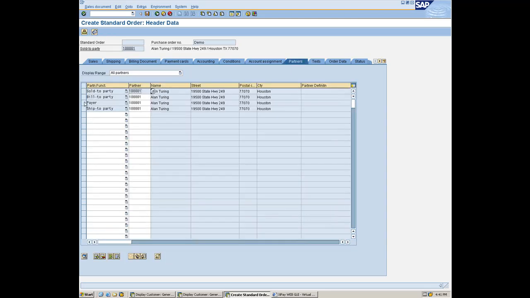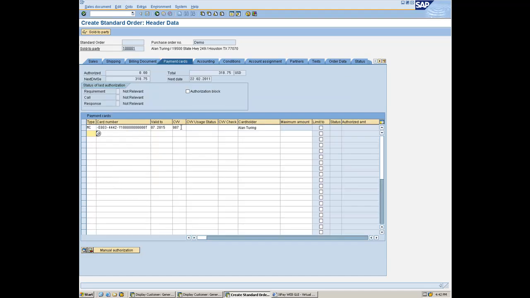On the partner screen, let me point out that SAP will send the address of the payer partner with the authorization request. This will be used to compare the house number and the postal code with where the customer receives their monthly statement. Along with that response code and the CVV response code, there will be a response letting you